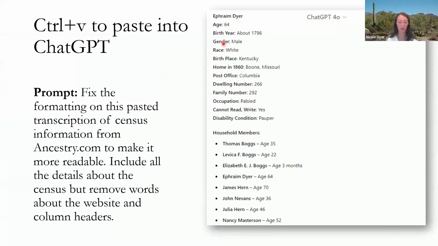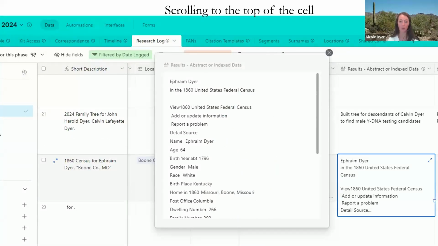So here's the result that I got with that prompt. And it kept a lot of the same information, but added a little bit of formatting, but not too much formatting. And so this is good at first glance, but of course we always want to check this against the original. And even if you just paste this transcription, we always want to check the original,